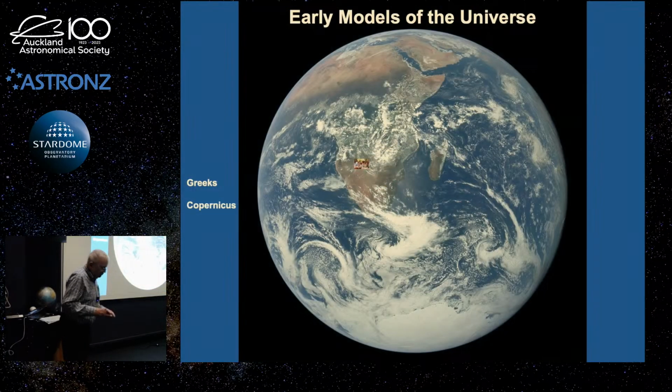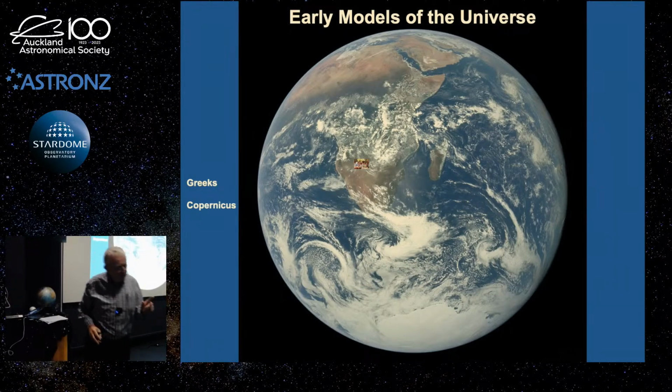So in terms of our model of the universe, we're going back over 2,000 years ago when the Greeks already knew that the Earth was round at that stage. They'd already worked that out. And in keeping with their religion and with their common sense, their observations, they had what they called the geocentric model of the universe, where the Earth was at the centre, the Sun and the planets and all the distant stars were slowly moving around the Earth. And that fitted the bill.